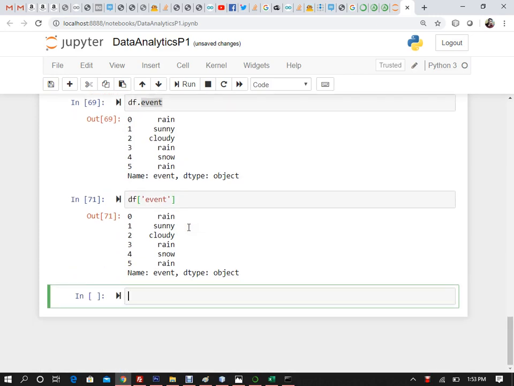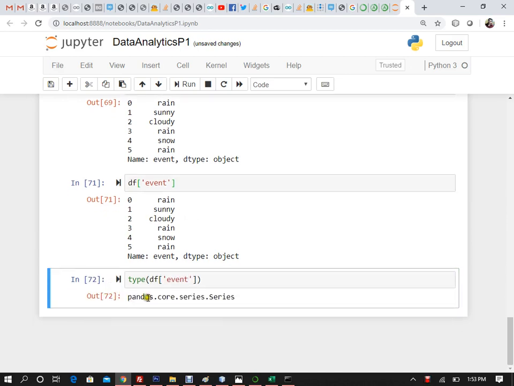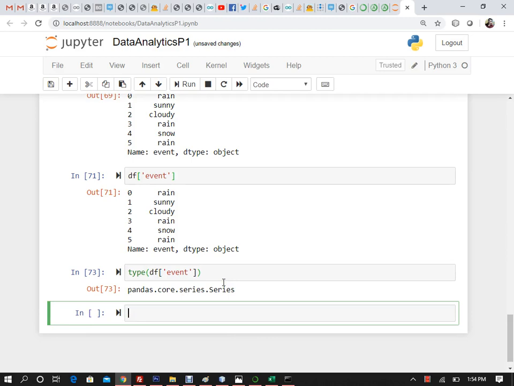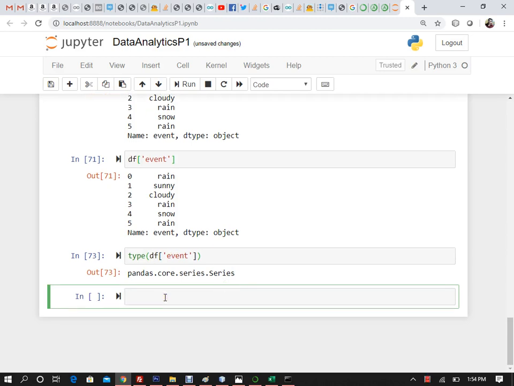And let's see, if you want to get the type of df event, right, it is pandas core series. You can see that you're printing the type of the data frame column. And if you want to print df, because it's multi-dimensional, you can print two things as well. I want to print event, and I want to print